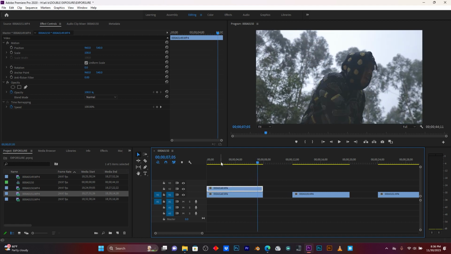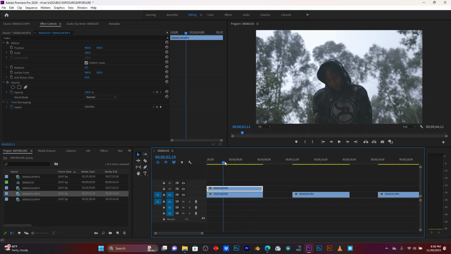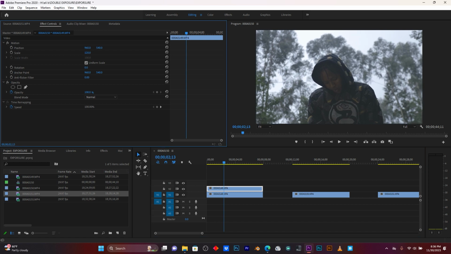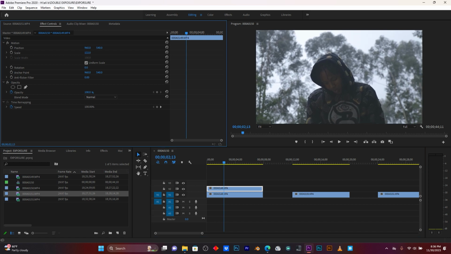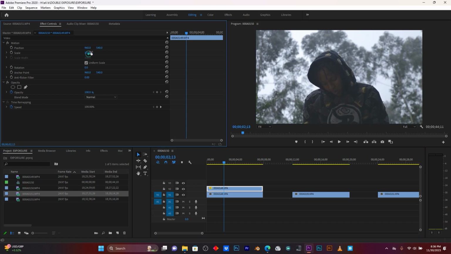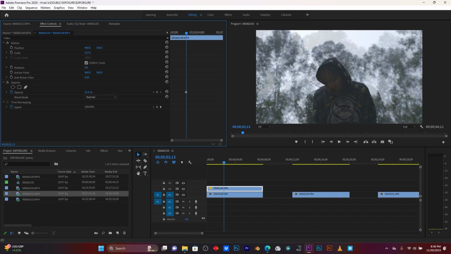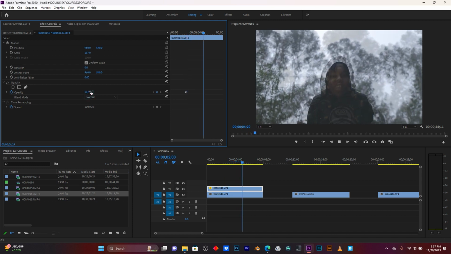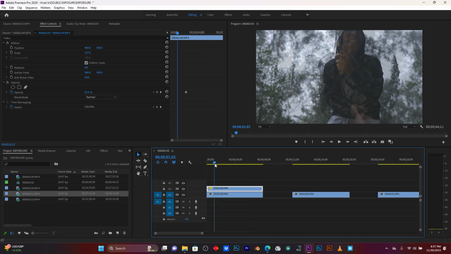So now duplicate this layer. Let me scale it. You have to scale this layer which is on the top. After this, I'm going to reduce some opacity. You see how my clip is. Let me put it to 52 just. So now the things I'm gonna do,